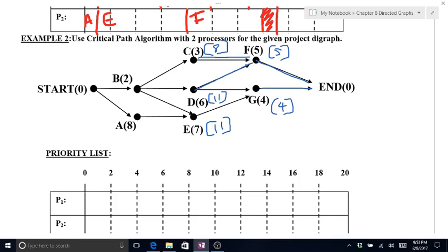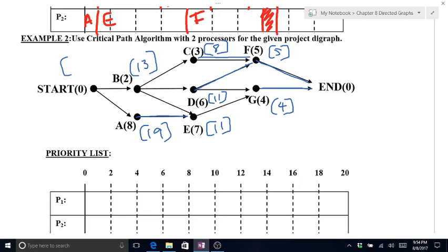We've got 3 ways to get back to B: C, D, or E. The longest one is either D or E. They both have 11, which means B has a critical time of 13. E is the only one that leads back to A. So that gives A a processing time of 19,